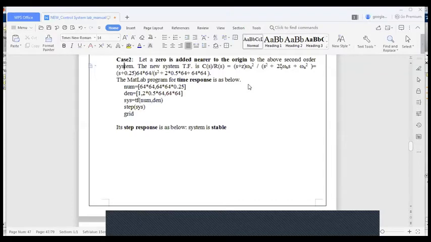Whereas in the denominator, it is the same. So you have simple terms. Highest power is s squared, corresponding coefficient is 1. So respective values you enter. Then get the transfer function and then observe the step response. Now let us see in MATLAB.